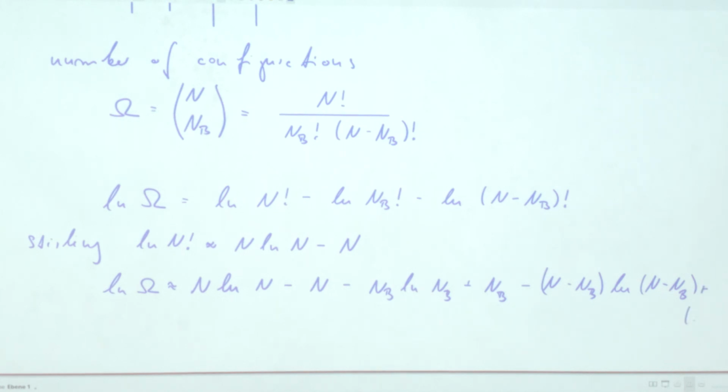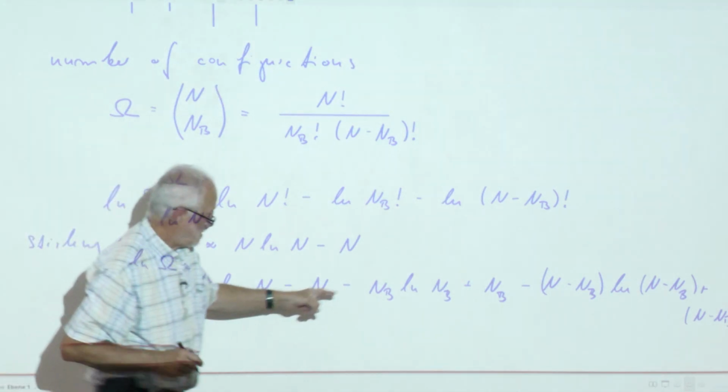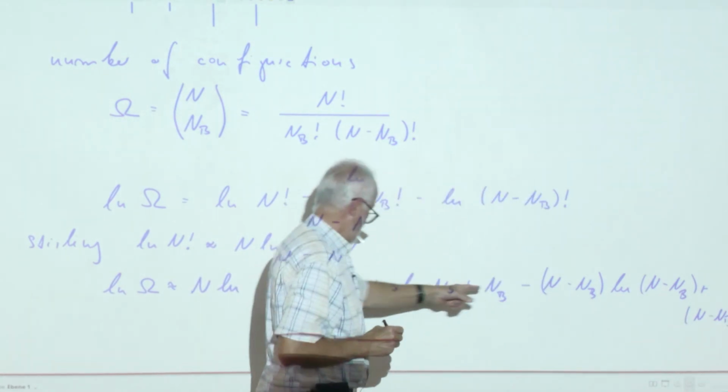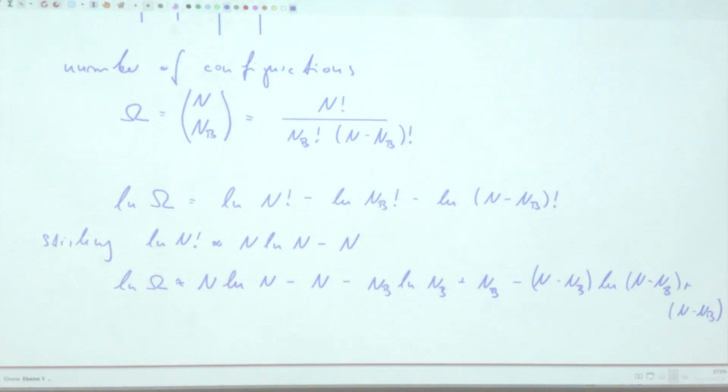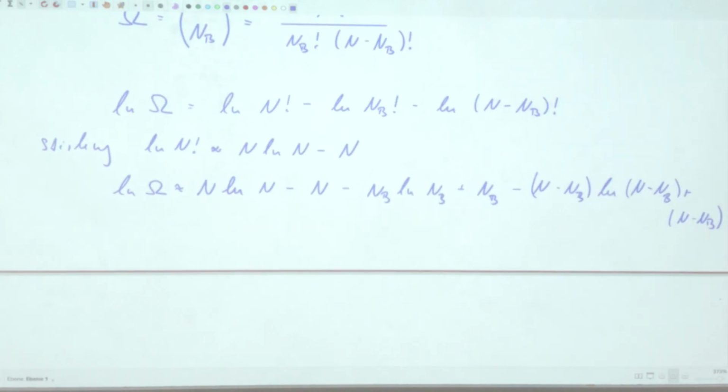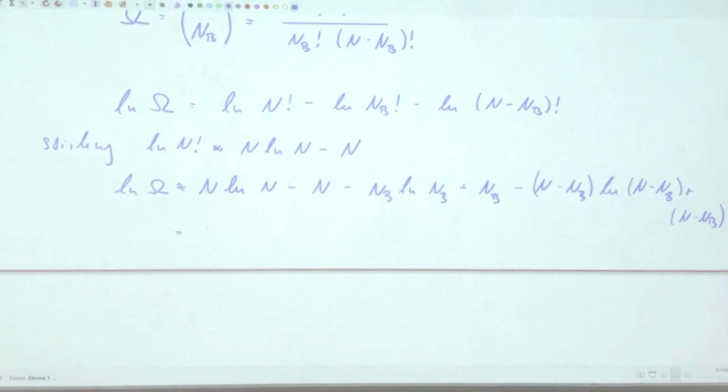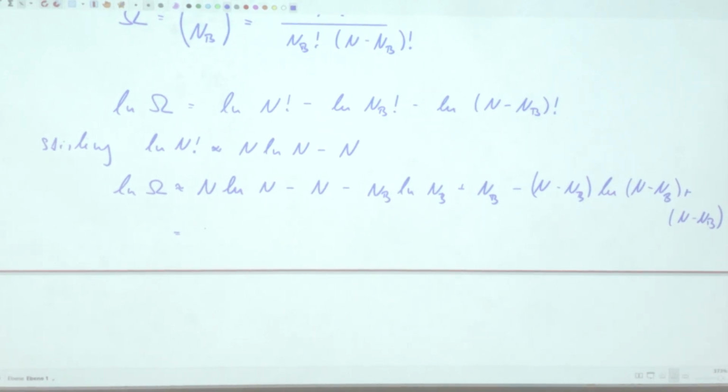Plus N minus NB. And you see here minus N plus N plus NB minus NB, so these terms cancel out. And I'll write it here again, N ln N minus NB ln NB minus